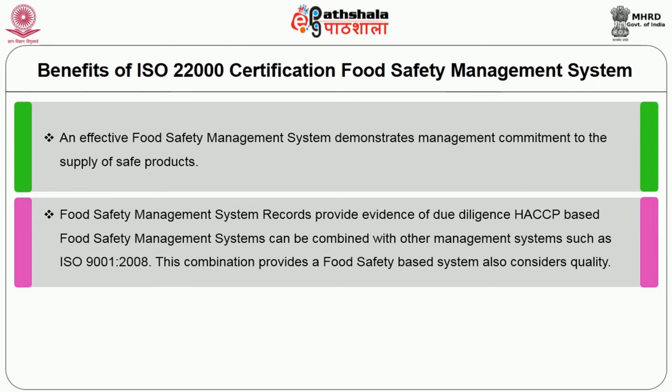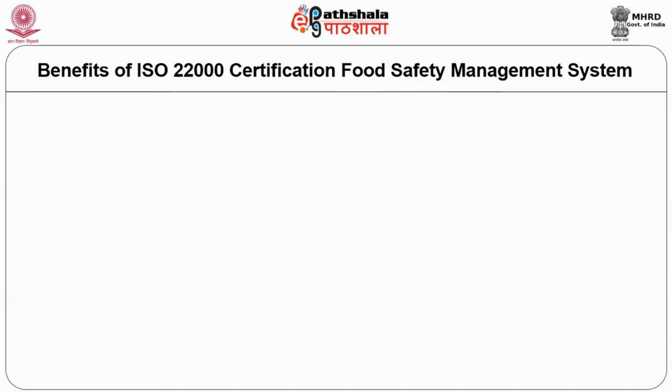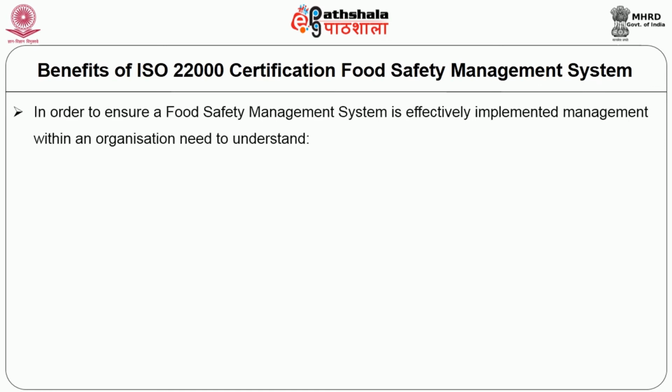HACCP based food safety management systems can be combined with other management systems such as ISO 9001:2008. This combination provides a food safety based system and also considers quality. Certification to the international standard ISO 22000 gives all interested parties a clear image that the organization is serious about food safety. In order to ensure a food safety management system is effectively implemented, management within an organization need to